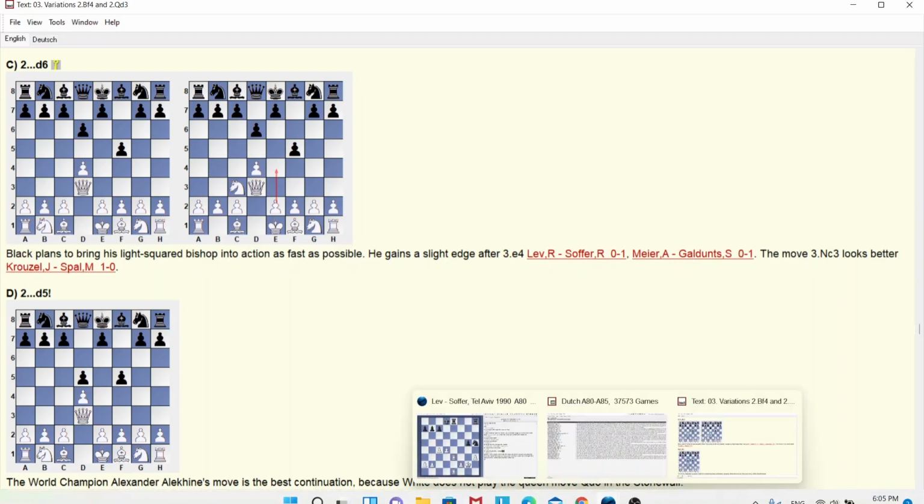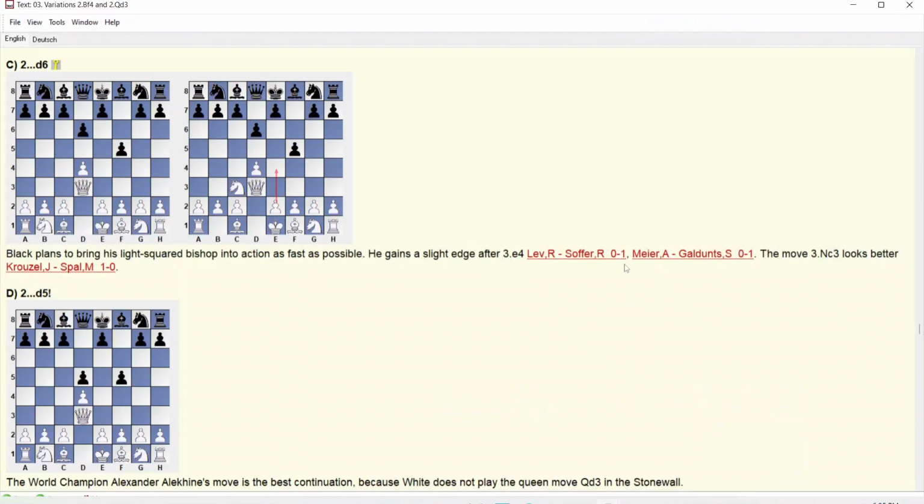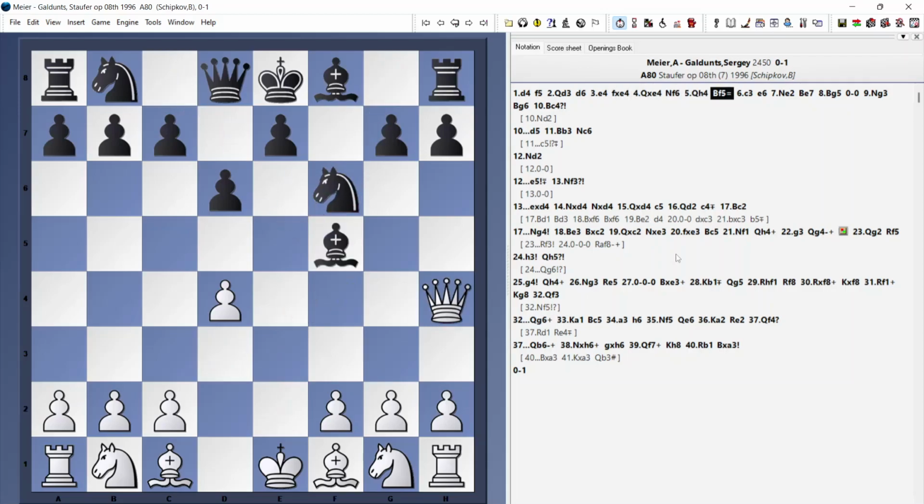Okay, so let's look at our next game in this line. Okay, so Meyer versus Gaudens, 2450. Again, d6. Now we know what the idea of black by playing d6 is. e4, f takes, queen takes, knight f6, queen h4, f5. Again, complete equality. c3, e6, knight e2, bishop e7,